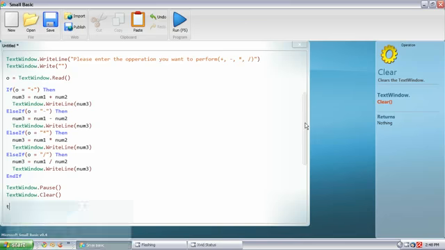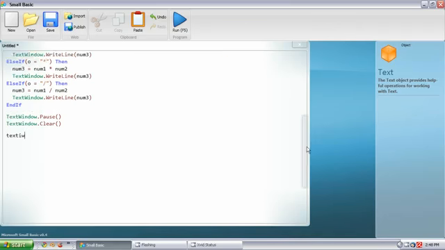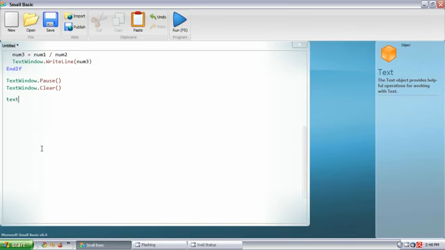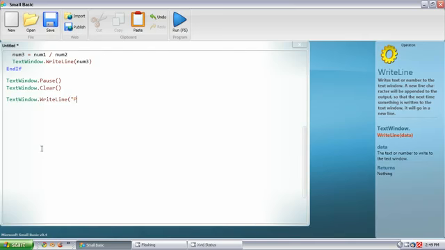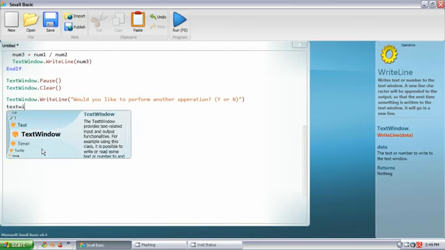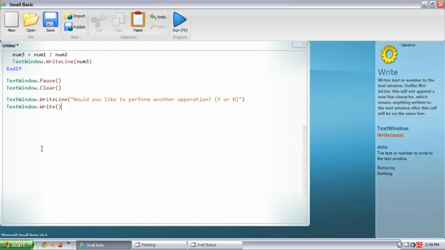So after that we're going to do TextWindow. Scroll down some more. If you guys need to read all of that, then just pause it and go back. WriteLine, "Would you like to perform another operation?" And then in parentheses, Y or N for yes or no. Close the quote, close the parentheses. Okay, and then